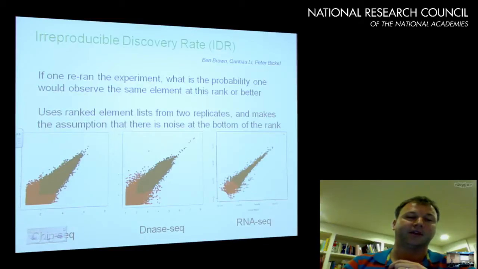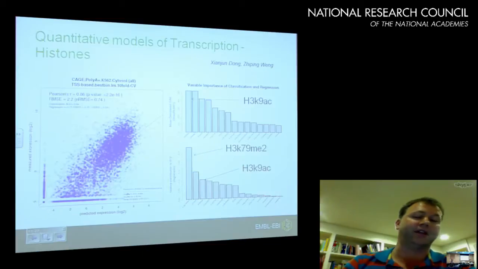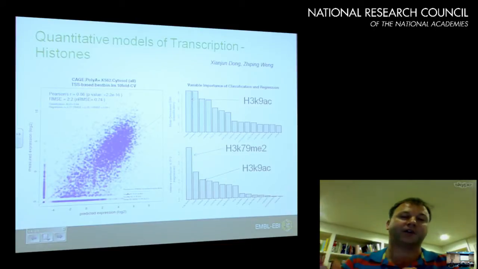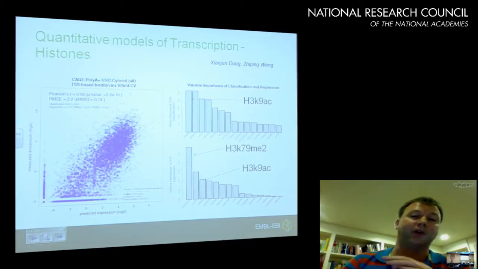But slide 14 is a very different process done in Ziping Weng's group, where they modeled the behavior of histone modifications with respect to RNA. In this case, they used a random forest model. Again, I'm not going to talk you through the details, except that this is the kind of quantitative modeling that one might end up doing. In this case, it's a very